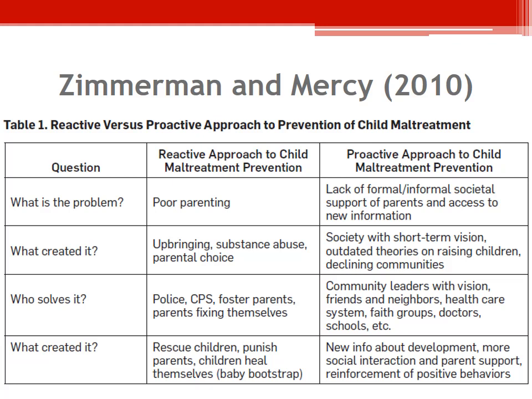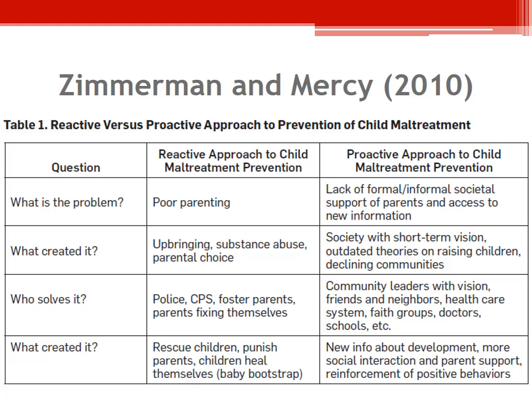And here's some examples of what a reactive approach to preventing child abuse might say versus what a proactive approach might say. If the question is, what is the problem? A reactive approach would say, it's poor parenting. We need to go in there and educate the parents. A proactive approach would say that there's a lack of both formal and informal societal support of parents and access to new information. What created the problem? A reactive approach would say that it's upbringing, substance abuse, or parental choice,